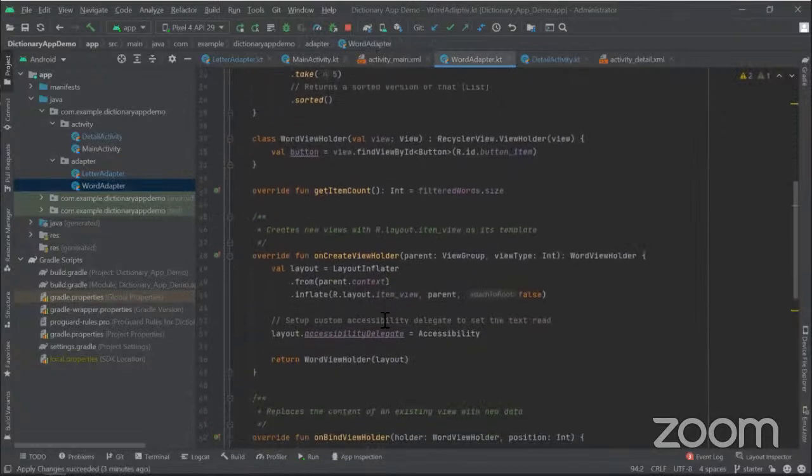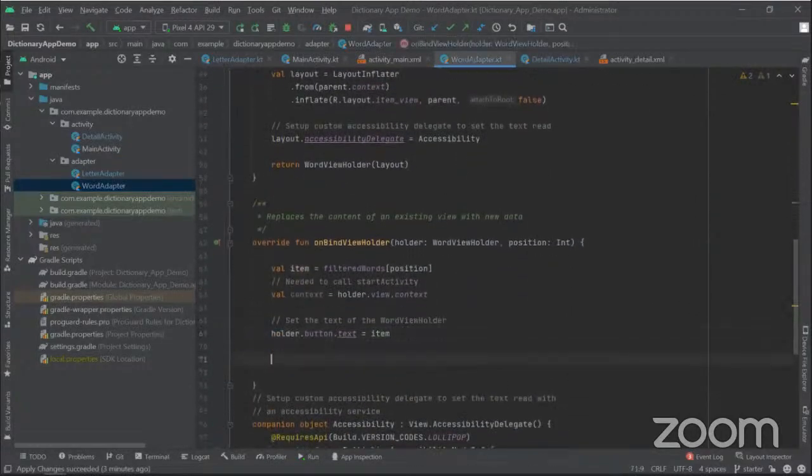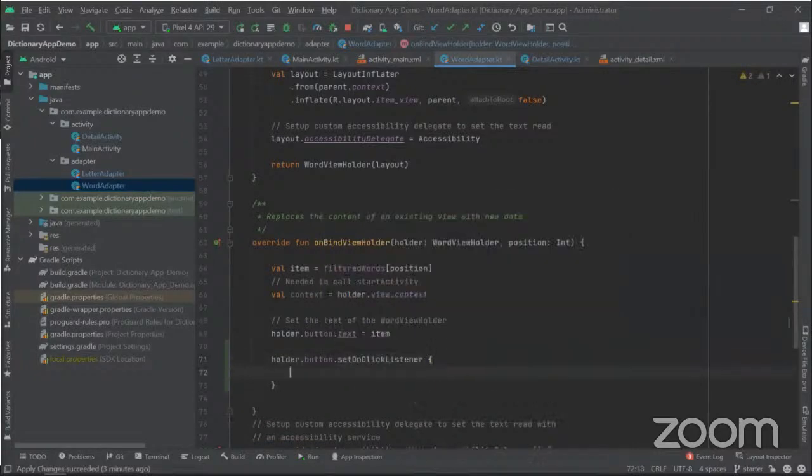Everything we're going to be doing is in our onBindViewHolder, because that's where the work actually is. So I'm going to call a setOnClickListener on that view. So holder.button.setOnClickListener. So what do we want to do when you